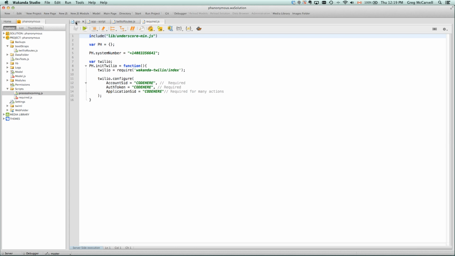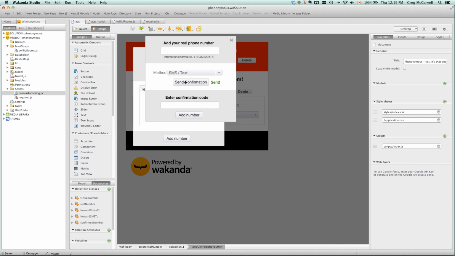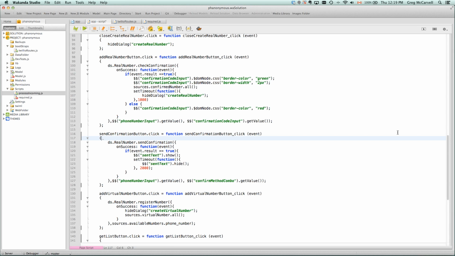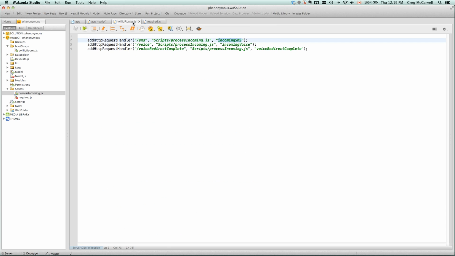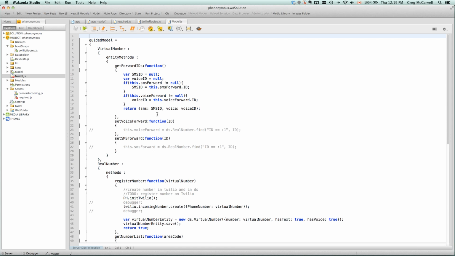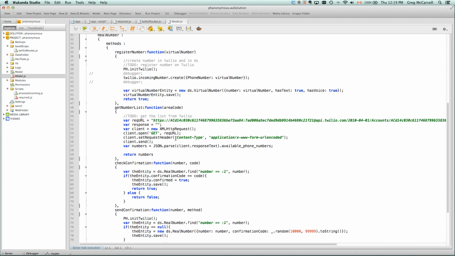If I go to my app page, and let's just look at that send confirmation button that I showed you. If we go to events, on click, you can see what I'm doing here is I'm actually calling a server-side method called send confirmation. And so the first place it goes is, sorry, I'm going to bring up that actual script. So if I go to model.js,